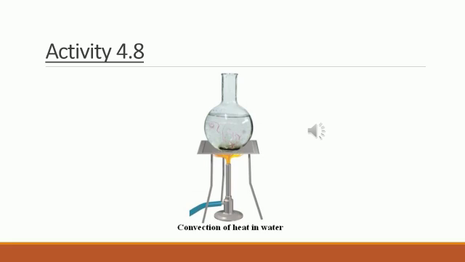And how does the heat travel here? In which direction does the smoke go? The air near the heat source gets hot and it rises. The air from the side comes in to take its place. In this way, the air gets heated. We have another activity to understand it much better.